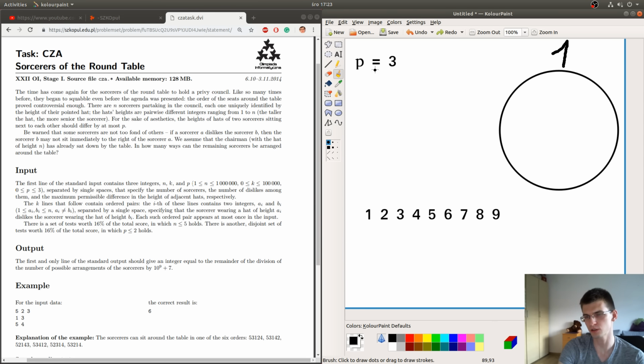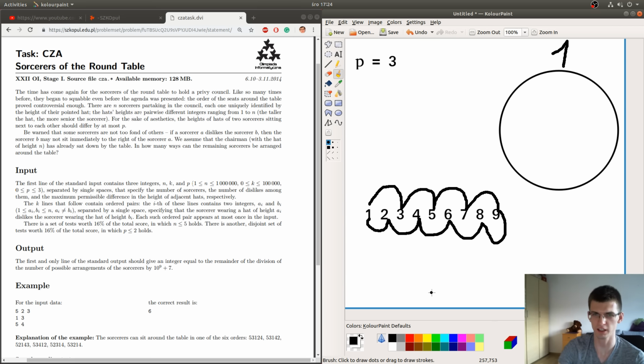For p equal to 2, I think it's actually easier to make an analysis for this representation, because the possible solutions are either this order, which was, by the way, equivalent to the one we printed on a circle when there was 1, 2, 3, 4, 5, and so on.